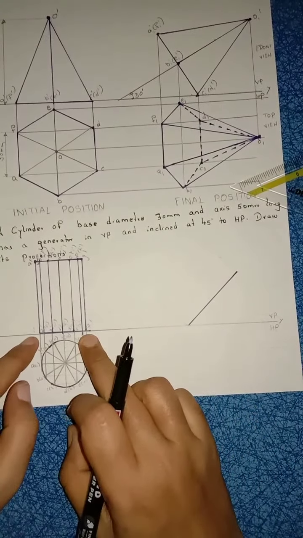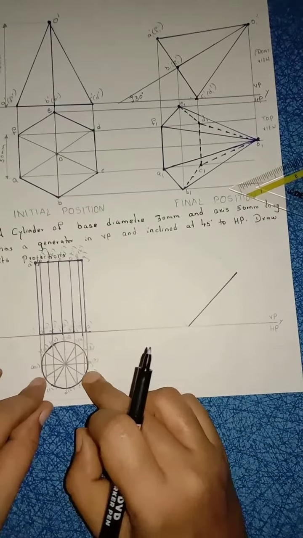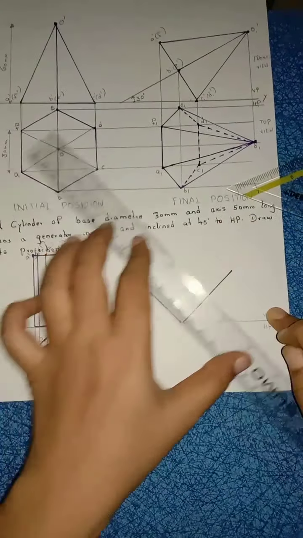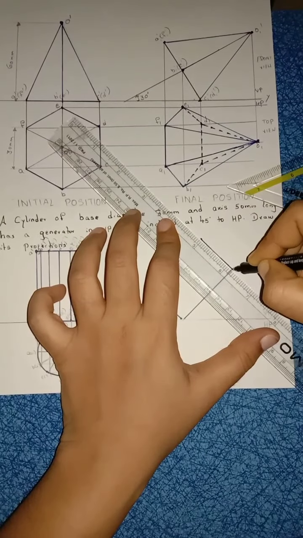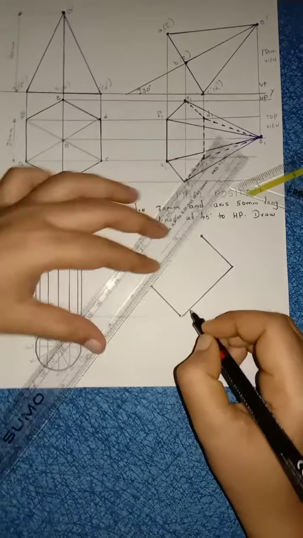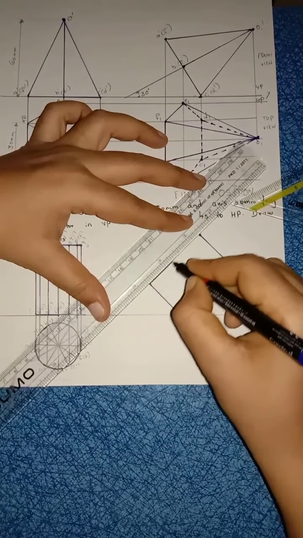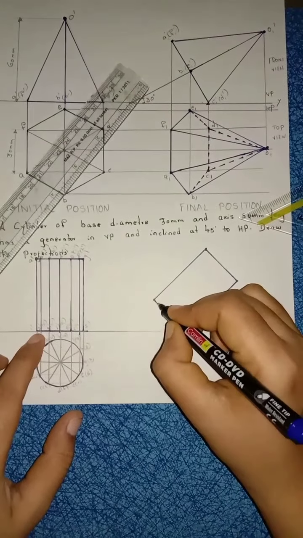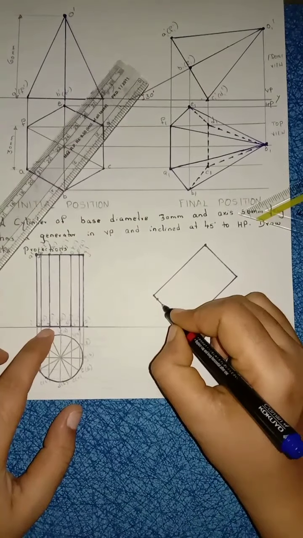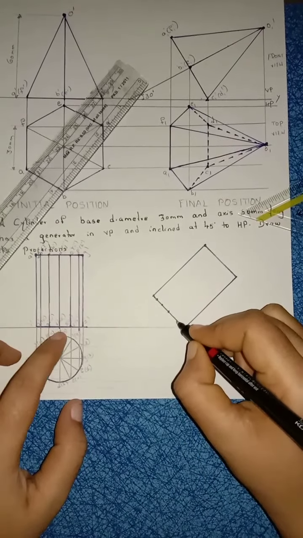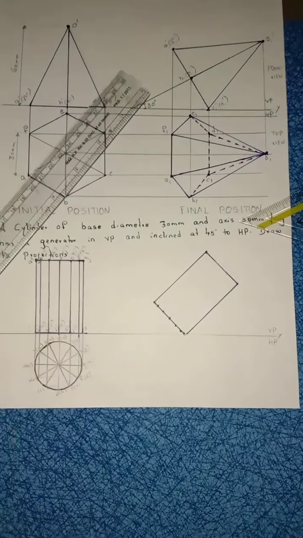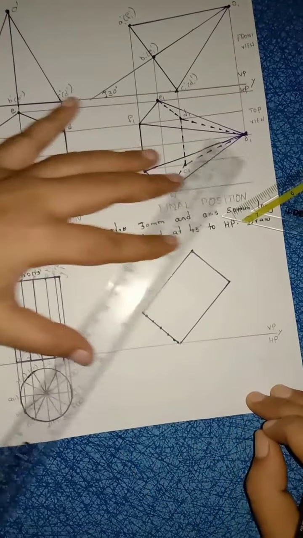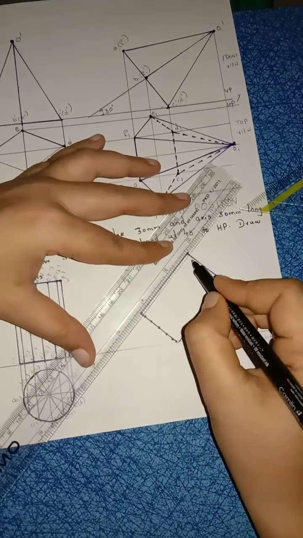Measure the distance from 1 dash to 7 dash. Anyway, it will be the diameter of the circle. No, the diameter of the circle is 30 mm. So I am constructing 30 mm here, and 30 mm here. Now after that I will join this one. Now, from 1 dash to 2 dash, measure the distance, mark a point here. From 2 dash to 3 dash, measure the distance, mark here. 3 dash to 4 dash, 4 dash to 5 dash, 6 dash, 7 dash. You can measure either with a scale or with a compass. Just draw the prism here.